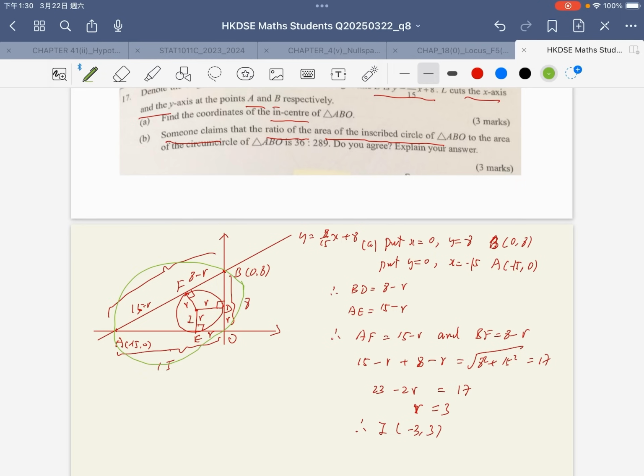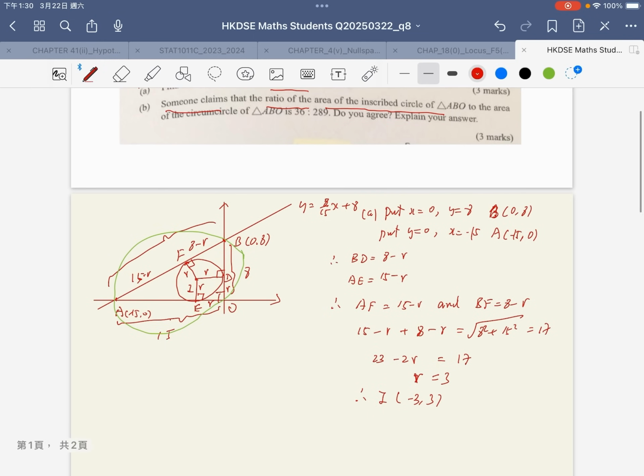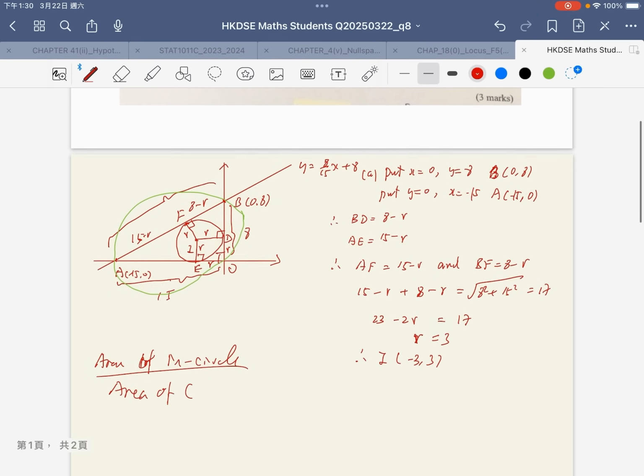Okay, you actually don't need to worry because this is 90 degrees. Therefore, for the circumcircle, this is the diameter. Therefore, the area of the incircle to the area of the circumcircle